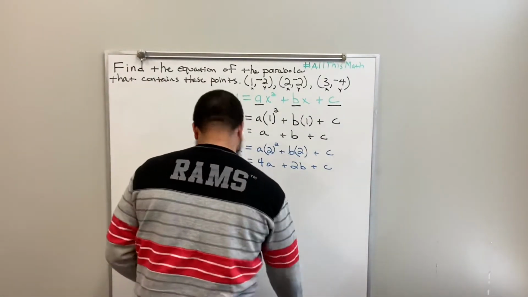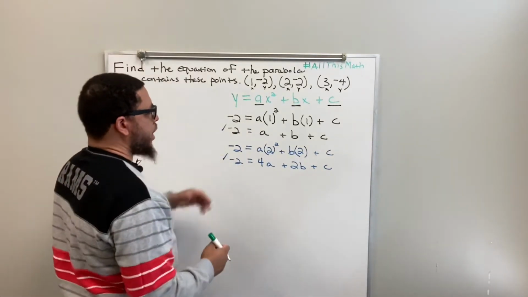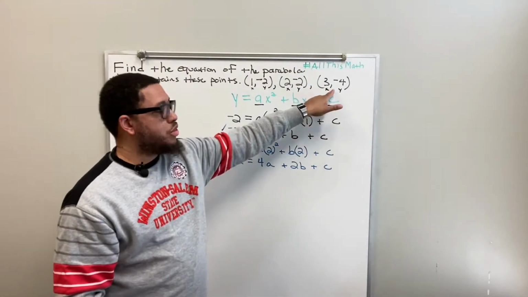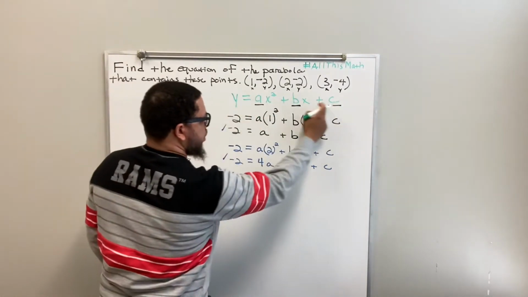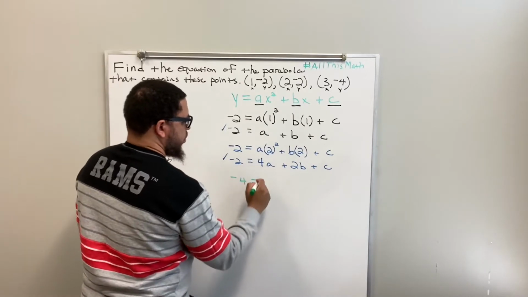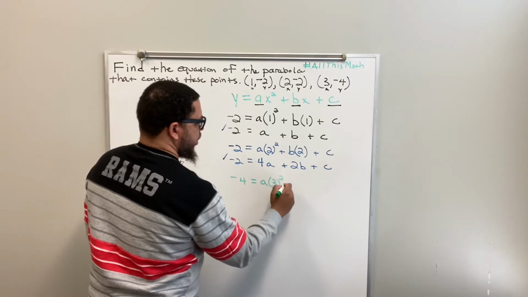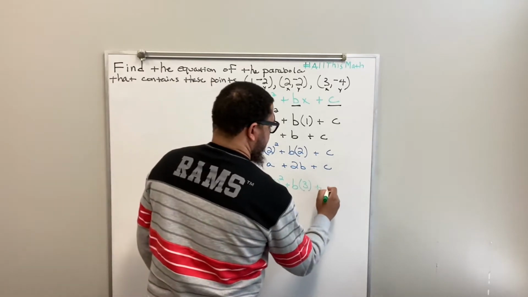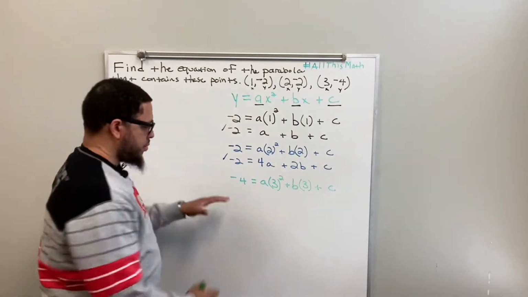So let me do this. Let me switch the color up again. Let me get to the green. All right. So now I use the third point. I'm going to repeat the process, except now I'm using the third point. So my Y is -4, and I'm following this equation. This equation, I replace the Y with a -4, which equals A times +3 squared plus B times +3 plus C. Now I'm going to simplify this. I got -4